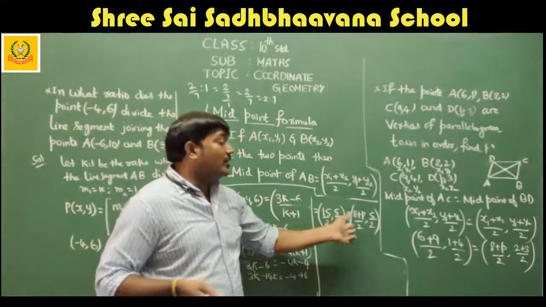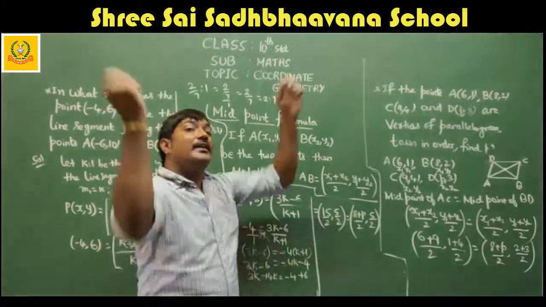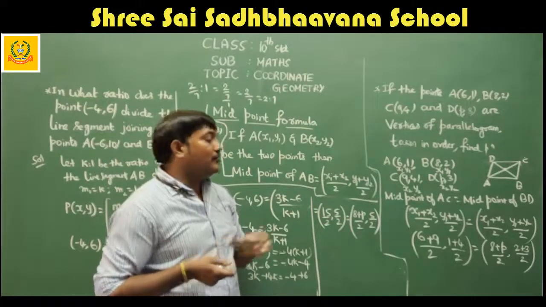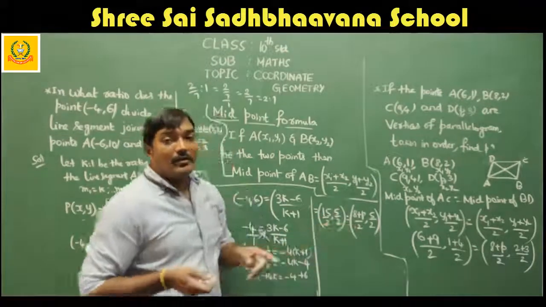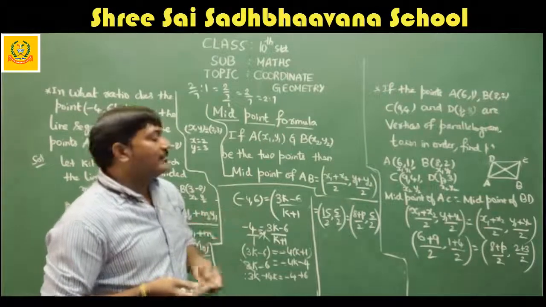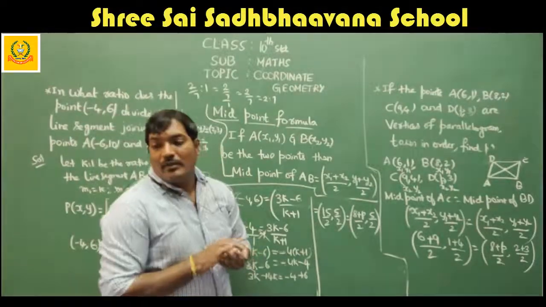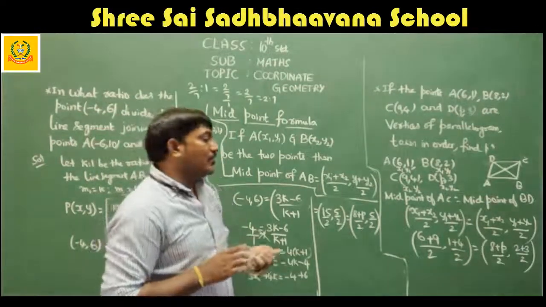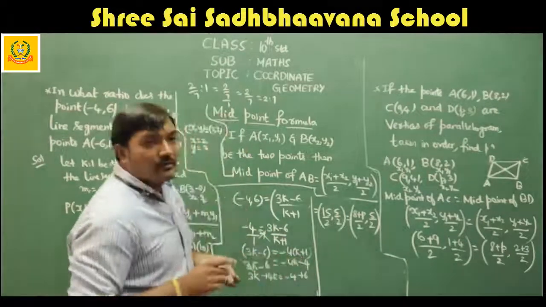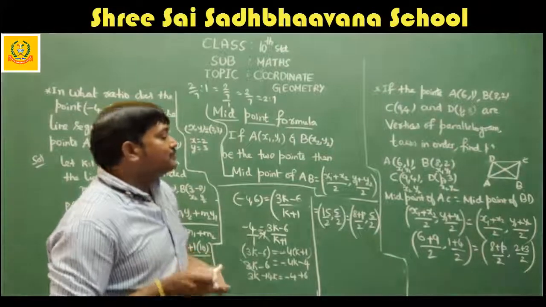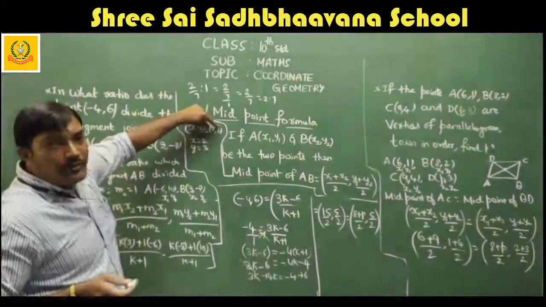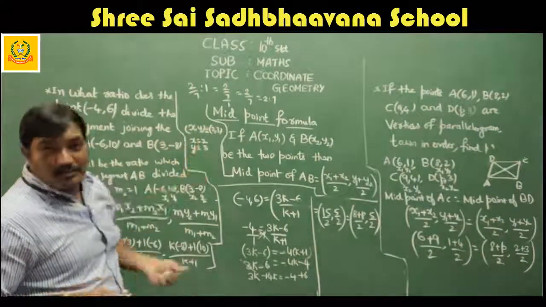If you got 5 by 2 here, if you got some 3 by 2 there you can easily understand you might have done wrong. Okay, if you get same y coordinate, then almost you can say that answer is correct. Got it? So answer should be correct. Then only because y coordinate is same. Got it? So now, as we know that here, if x comma y is equal to 2 comma 3, we just equated the corresponding coordinates.